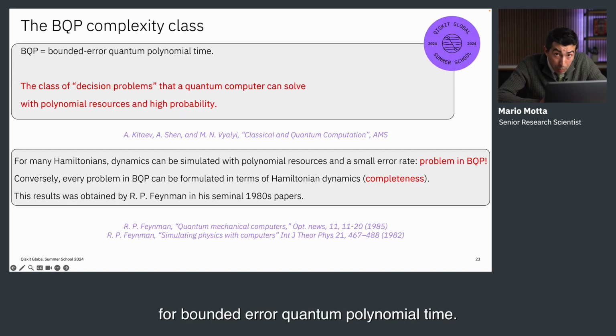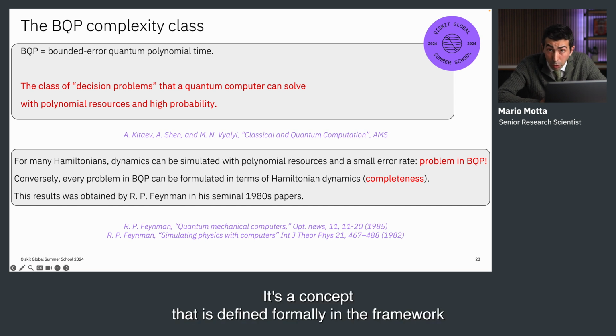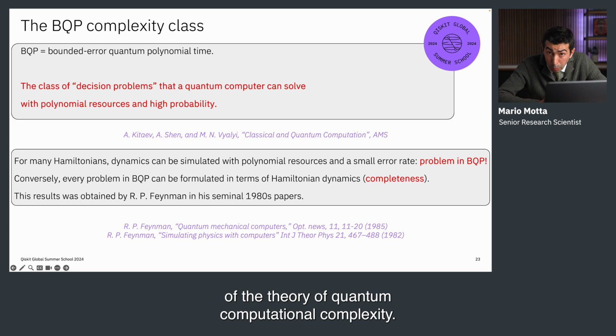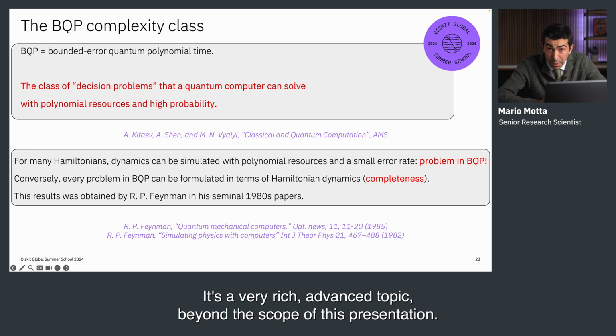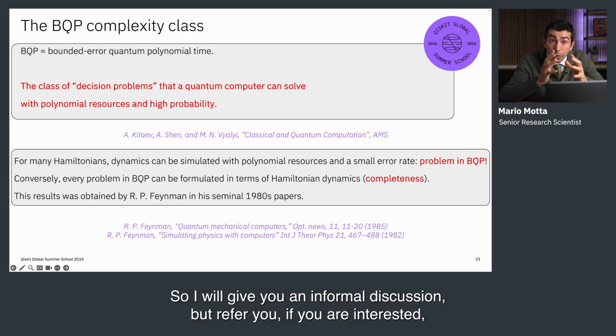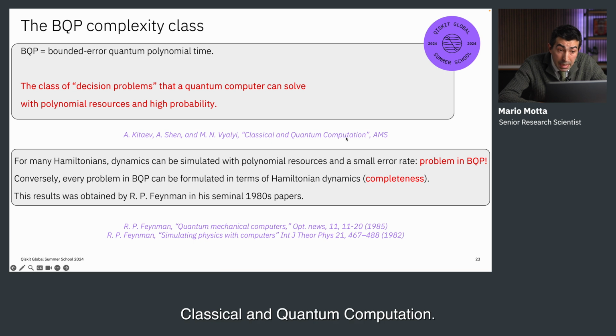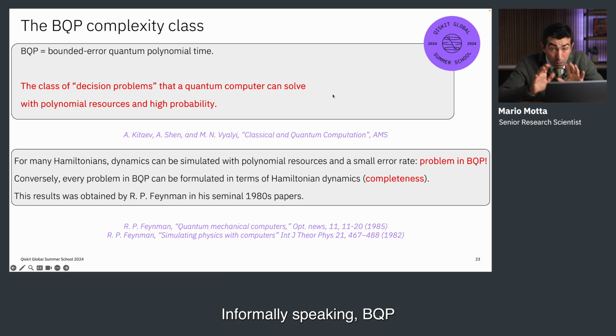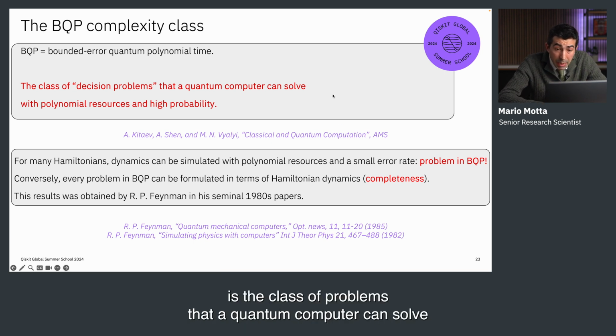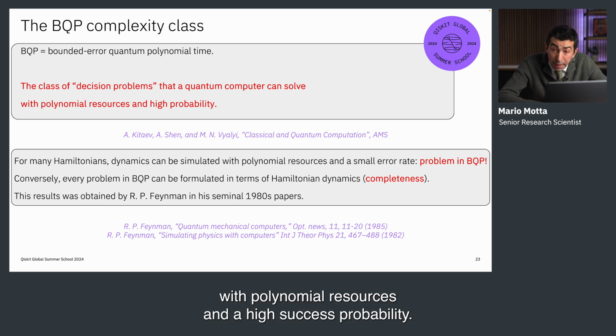BQP is short for bounded-error quantum polynomial time. It's a concept that is defined formally in the framework of the theory of quantum computational complexity. It's a very rich, advanced topic beyond the scope of this presentation, so I will give you an informal discussion, but refer you, if you are interested, to this very good book by Kitaev, Shen and Vyalyi, Classical and Quantum Computation. Informally speaking, BQP is the class of problems that a quantum computer can solve with polynomial resources and